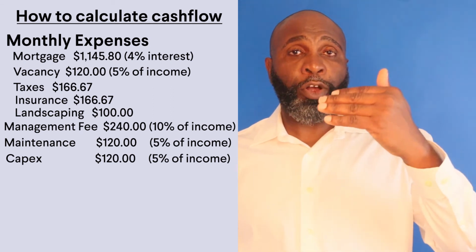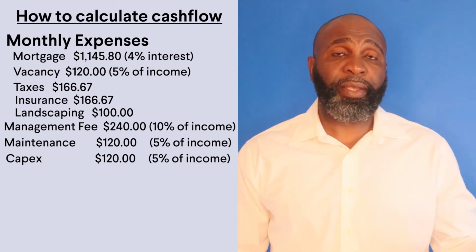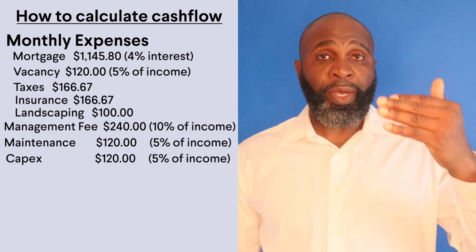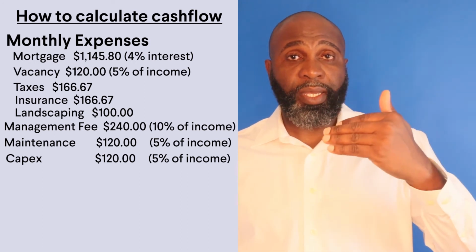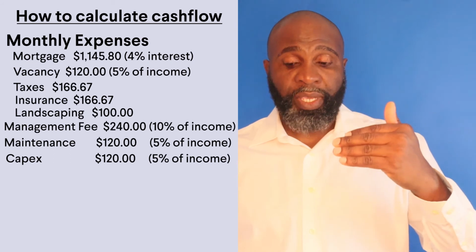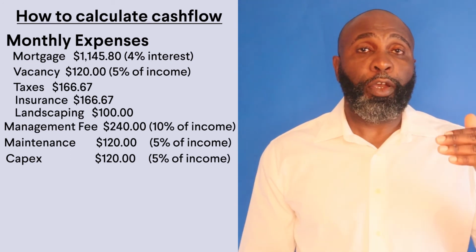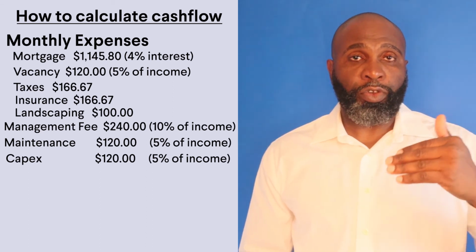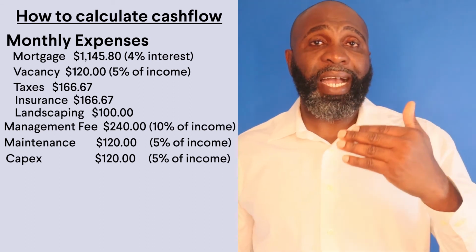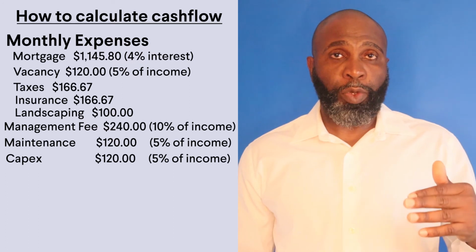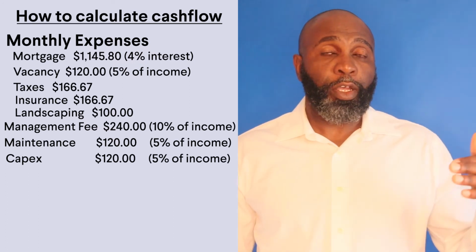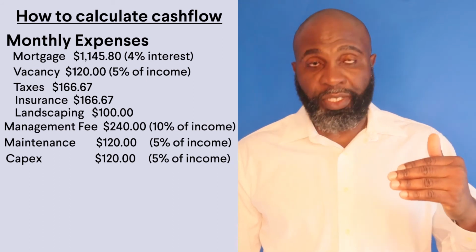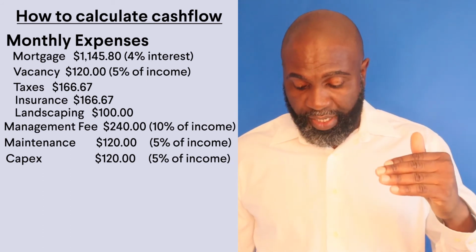So now we're going to add all your expenses. We already know what your income is. You're collecting $2,400 a month in rent. Now we add all the expenses we just listed, so the total expenses are about $1,033.33. Now we're going to calculate how much cash flow you're actually getting from the property. We take your income, the rent of $2,400, minus your expenses of $1,033.33, minus your